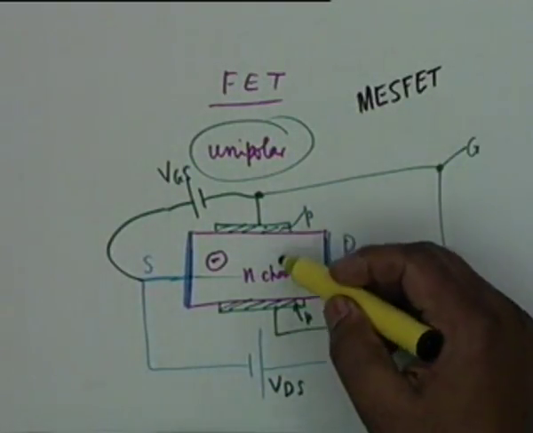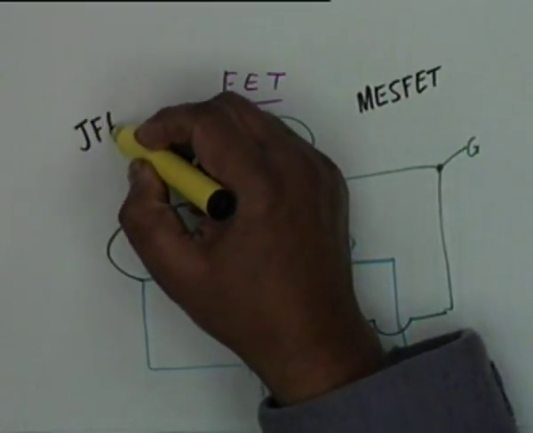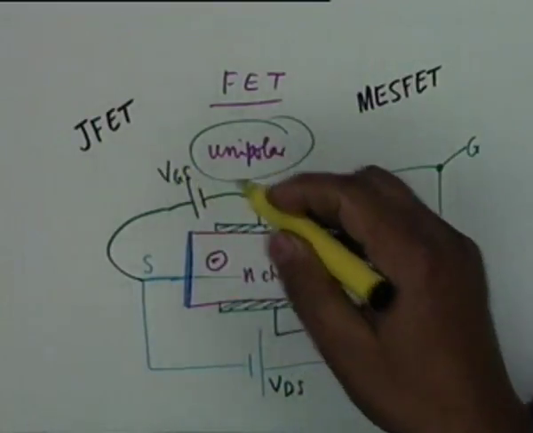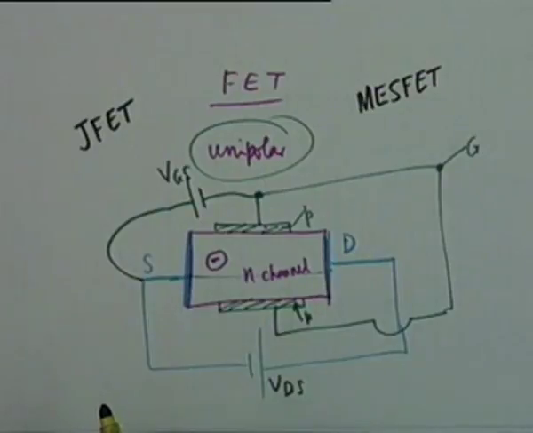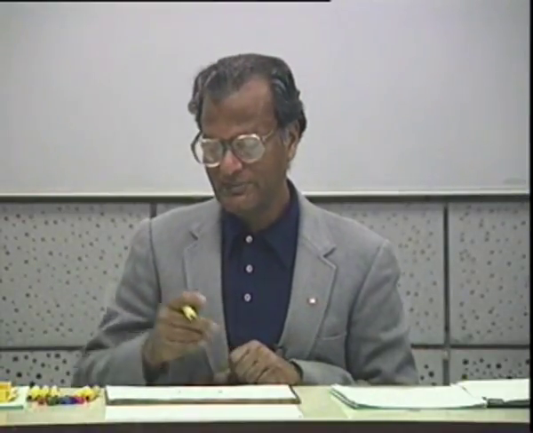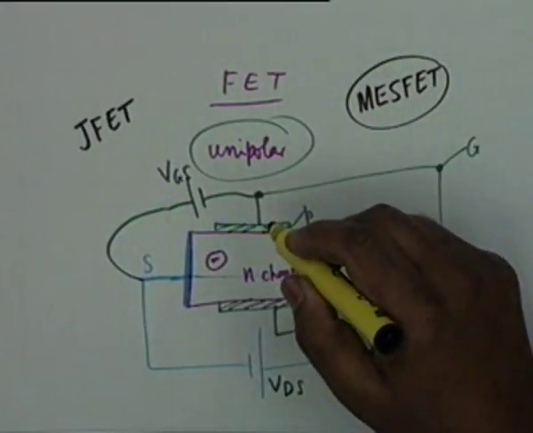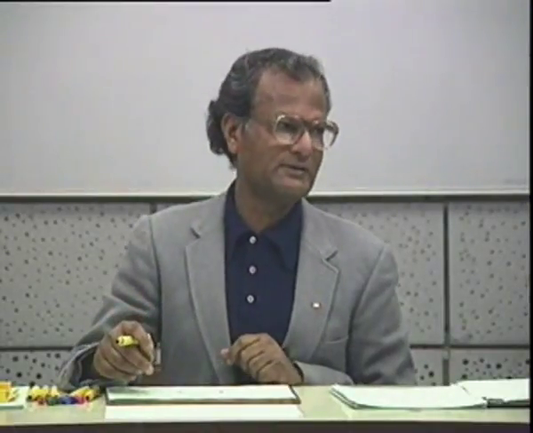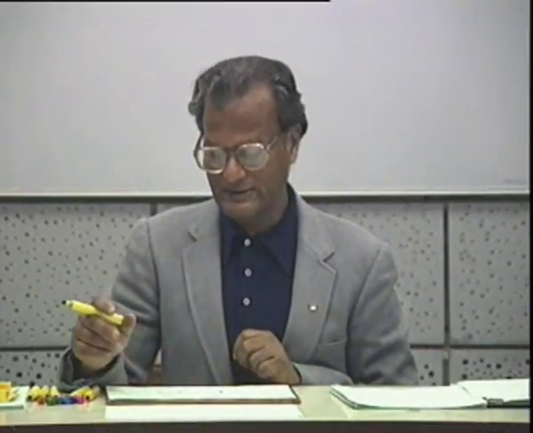This is called a junction field effect transistor, or JFET. There is nothing sacred about this type of channel. You could have a P channel also, then the biasing would have been different. Agree? So a JFET could be either P channel or N channel. Similarly, a MESFET could be P channel or N channel. But MESFETs we take out of consideration. They are not favored at lower frequencies. They are very useful devices at microwaves, so we will not consider them.